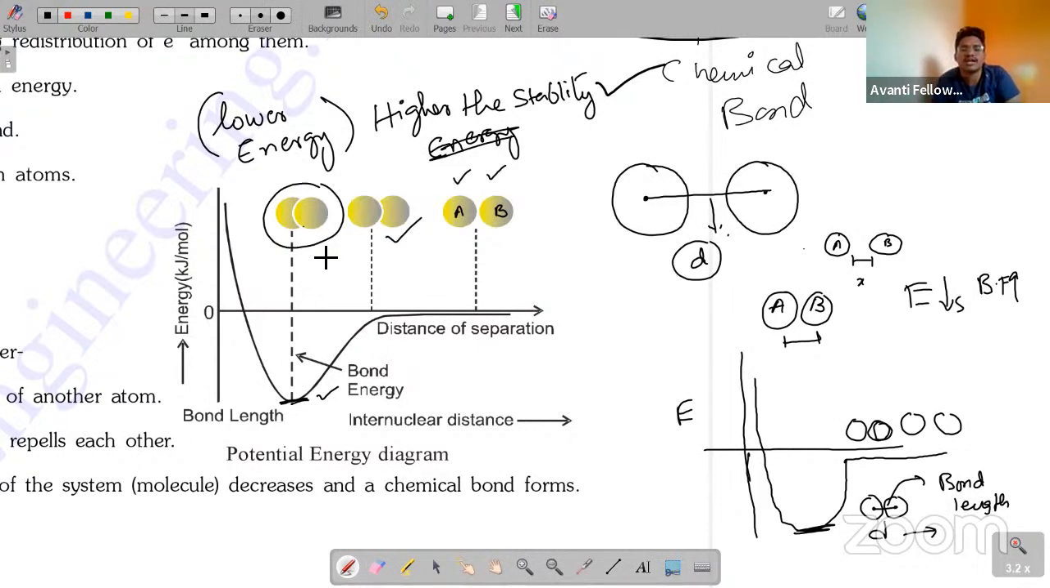So this is the graph we can remember. Two atoms are very far from each other. When we are trying to bring them nearer together,